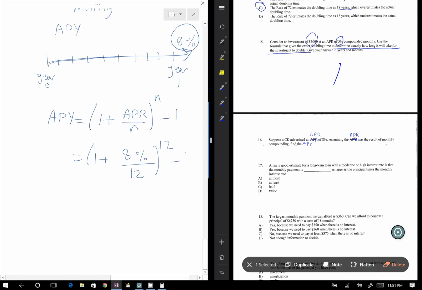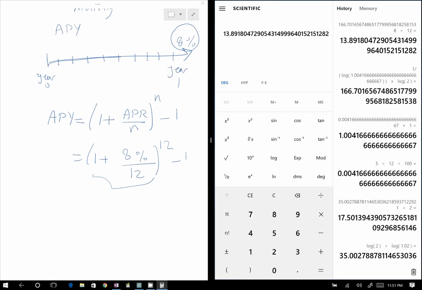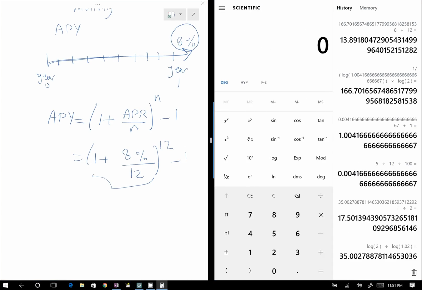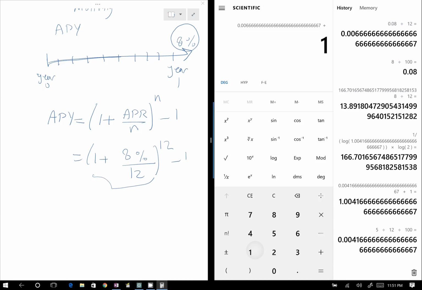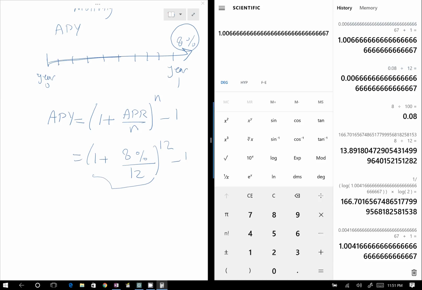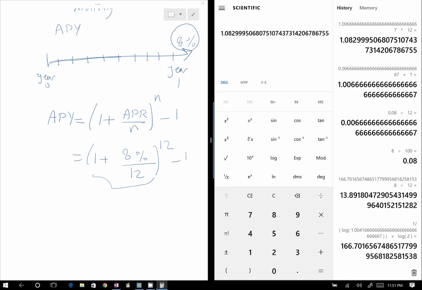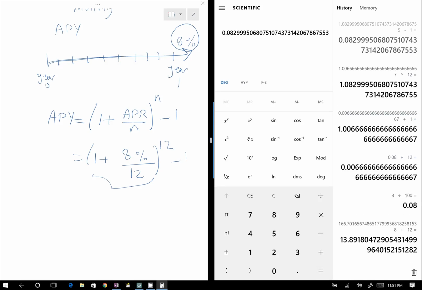Let me calculate this first. Eight divided by 100 divided by 12, plus 1, raised to the power 12, minus 1, and the answer is